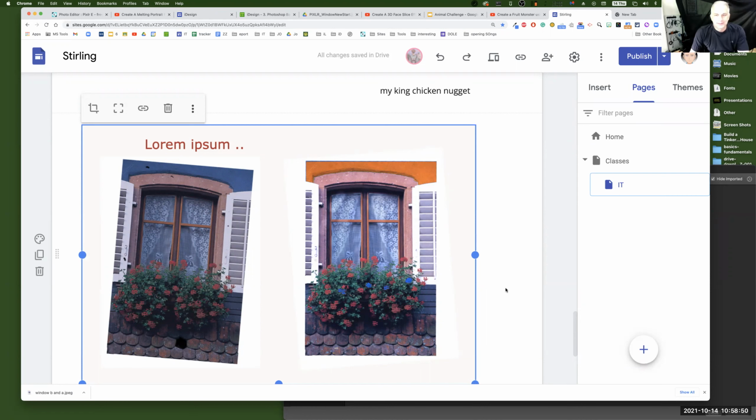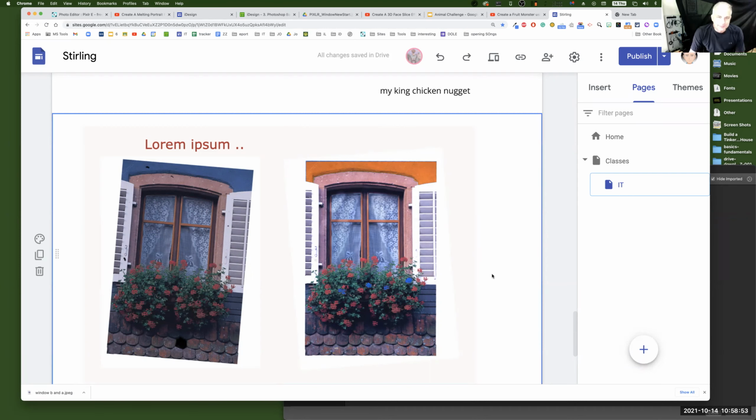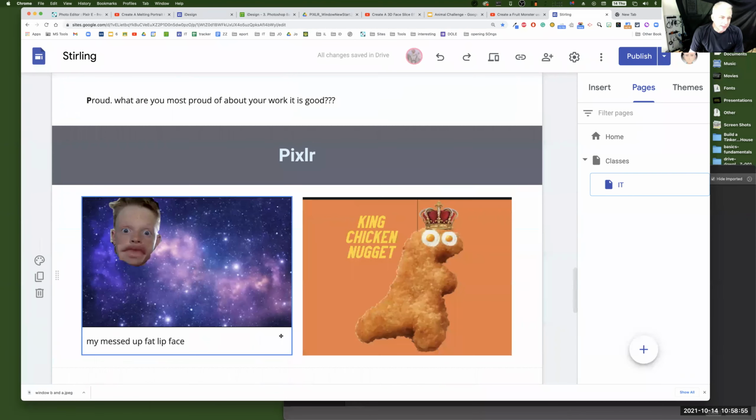So that's kind of a window dude. So if this was Sterling in real life, we'd say Sterling got his messed up head, he's got a bidet head, and then we'd say,